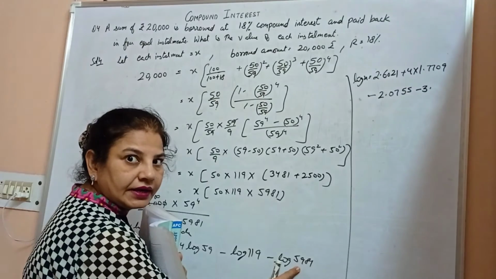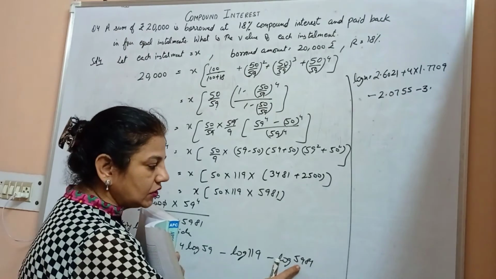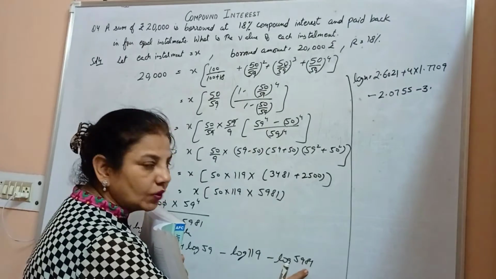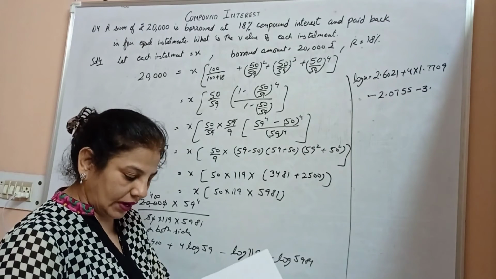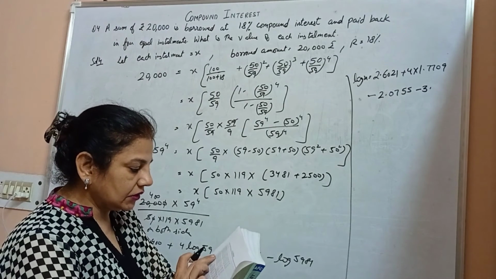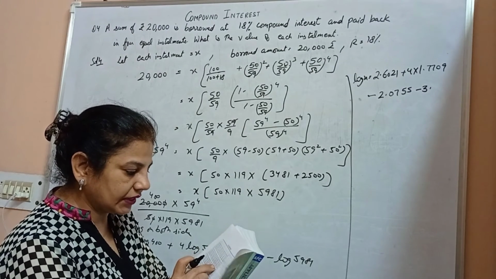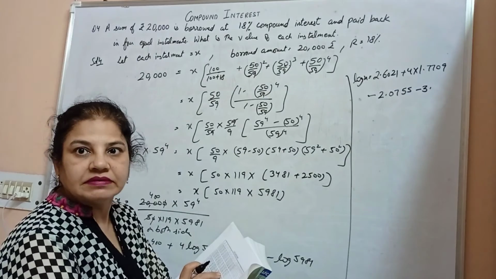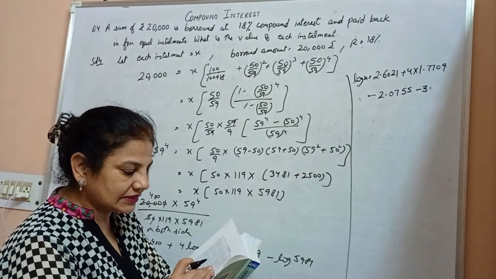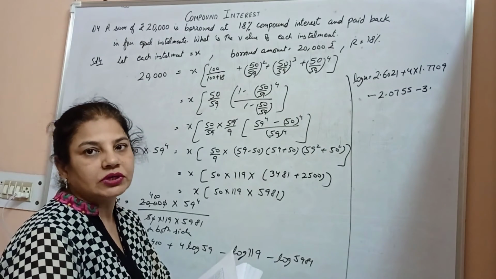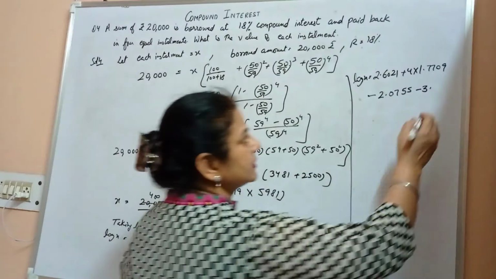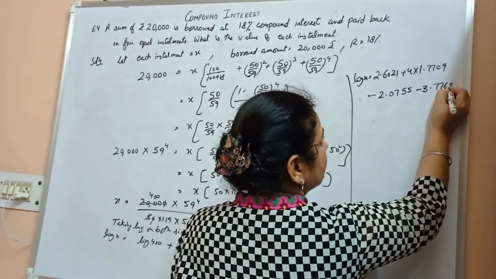I go with 59. I will see log 59 down to 8 and add down to 1. So 59 is here. Down to 8 is 7767 and down to 1 is 1. So add 1 to 7767, which gives me the result 7768.